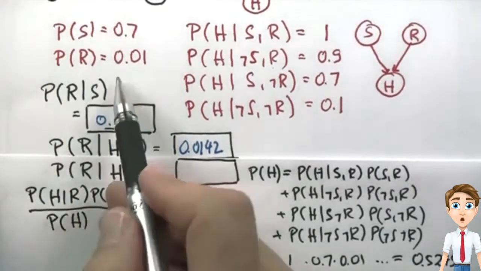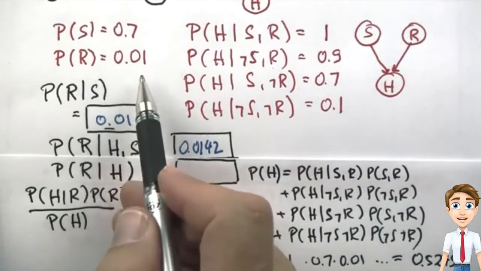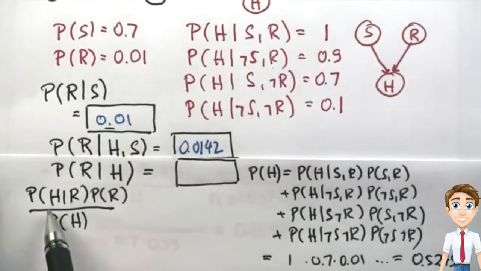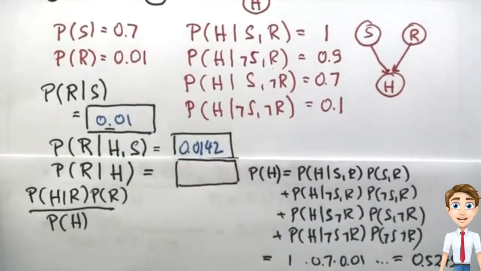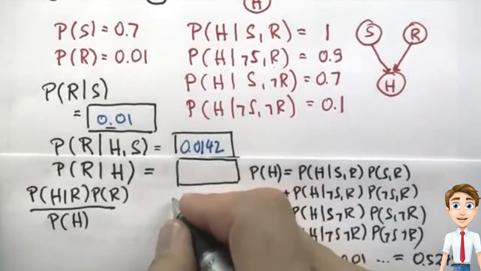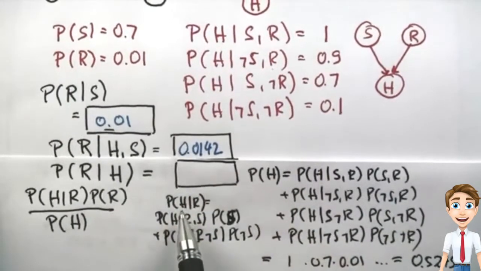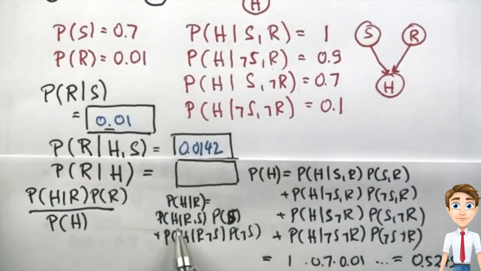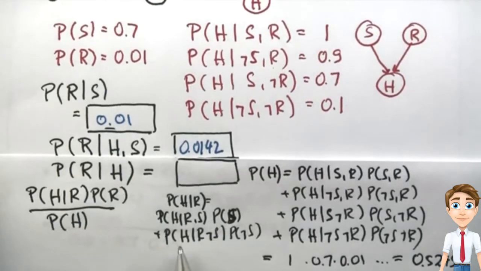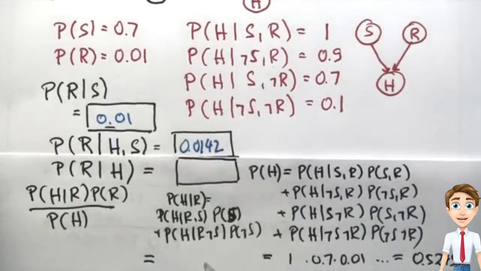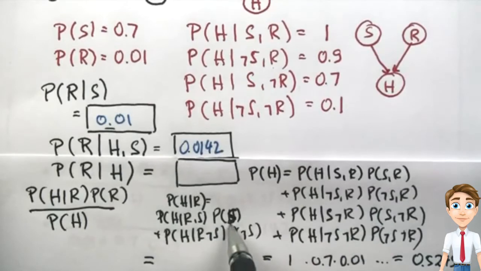P of R we know from over here. The probability of a race is 0.01. So the only thing we need to compute now is P of H given R. And again, we apply total probability. Let me just do this over here. We can factor P of H given R as P of H given R and S, sunny, times probability of sunny, plus P of H given R and non-sunny, times the probability of non-sunny. And if you plug in the numbers for this, you get 1 times 0.7 plus 0.9 times 0.3. That happens to be